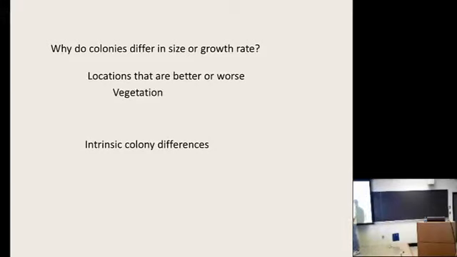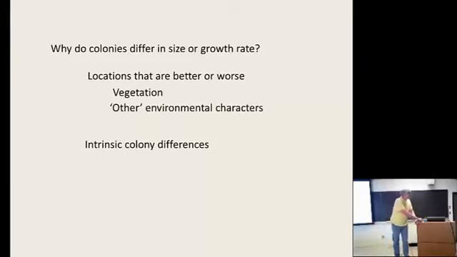These are harvester ants. They eat seeds. And so there's a reasonable expectation that vegetation might matter to colonies. Those colonies that have a particular kind of vegetation might actually be in a favorable situation for survival or growth. There could be other things that are happening. There are other differences among locations that are not just due to vegetation. Depth of soil, and at our site, the concentration of selenium in the soil matters. The aspect of a slope or something like that might matter.